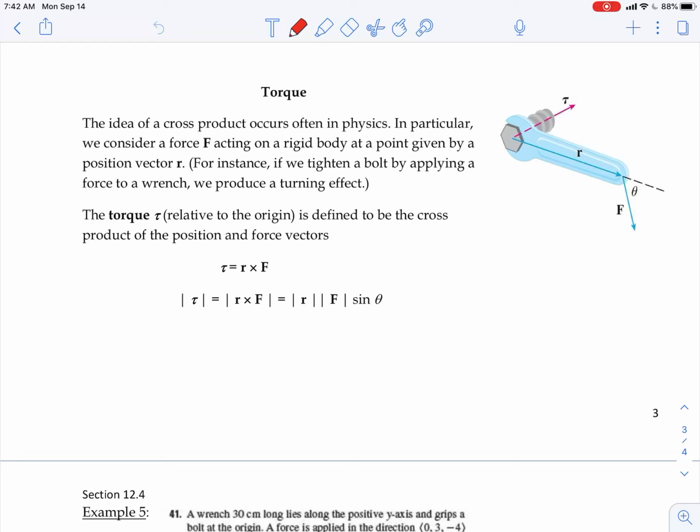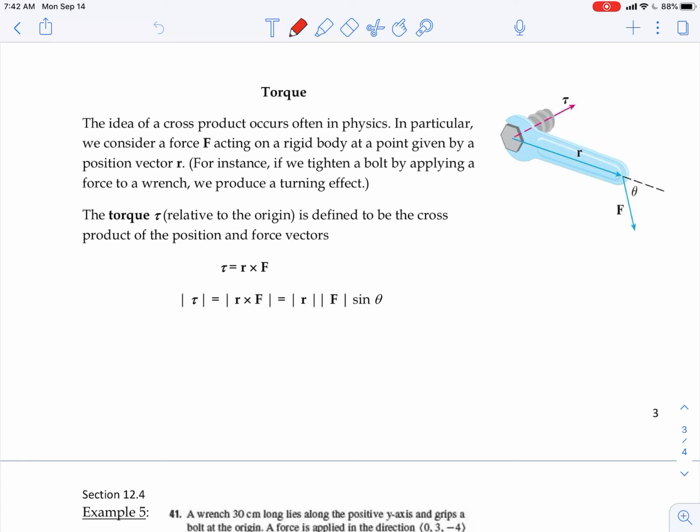Alright, last example is going to be on torque. And the idea of a cross product occurs often in physics. In particular, we consider a force F acting on a rigid body at a point given by a position vector r. For instance, if we tighten a bolt by applying a force to a wrench, we produce a turning effect. The torque, tau, relative to the origin is defined to be the cross product of the position and force